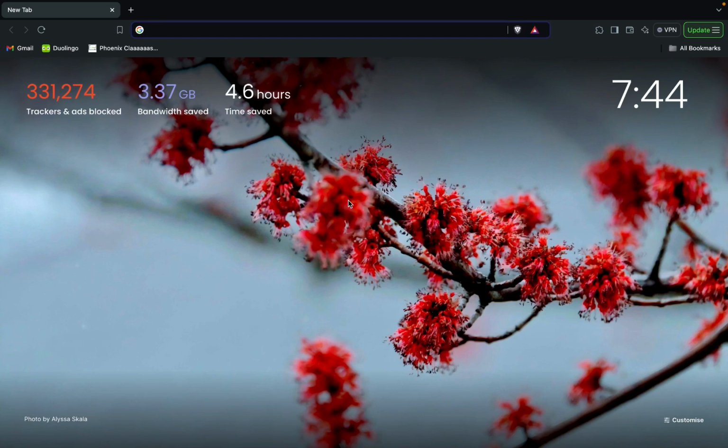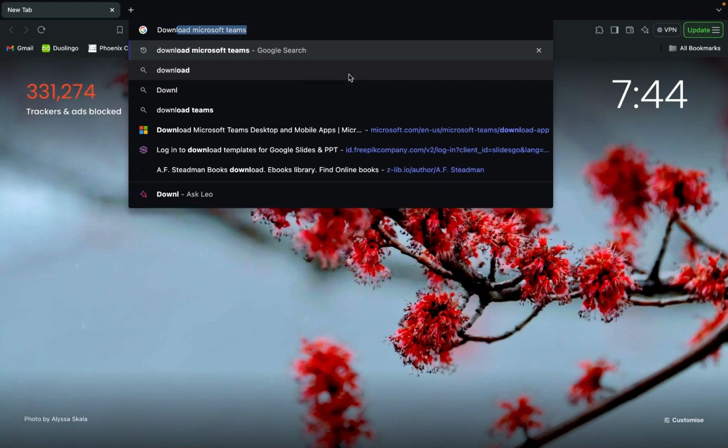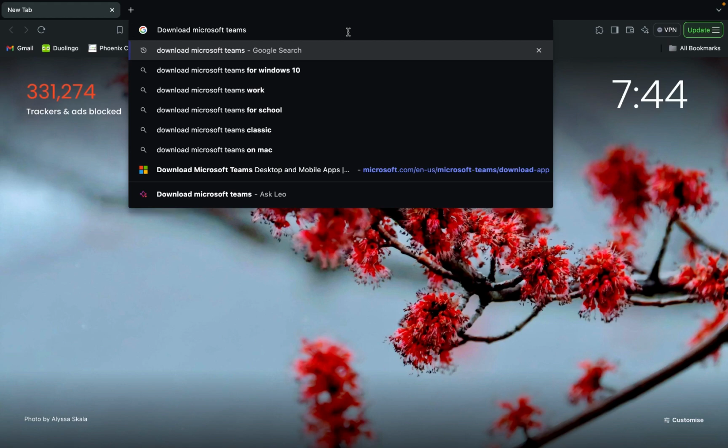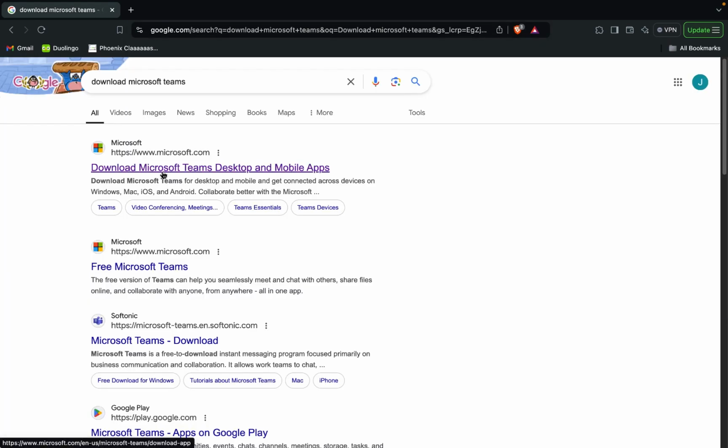You can download Microsoft Teams for your work or for your personal use. So first up, you're going to go to your web browser and search up download Microsoft Teams. Now you will click on enter, and then you will click on the website saying download Microsoft Teams desktop